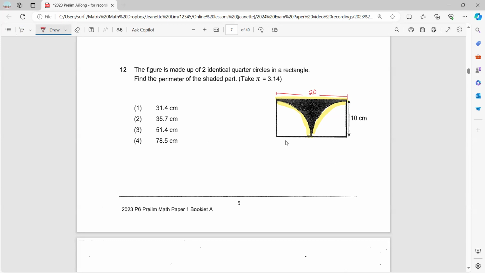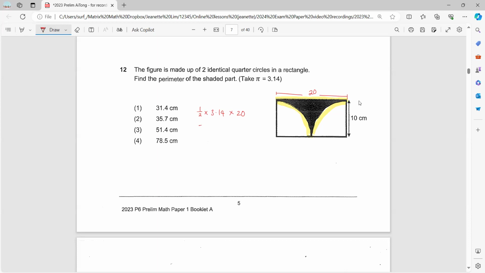Now, how do I find the arc? I'm left with these 2 quadrant arcs. 2 quadrant arcs form a semicircle. Okay, the arc of a semicircle. So that is what I want to find. Arc of a semicircle is half times pi times diameter, which is 20. So take note, the formula for circumference is pi times diameter. If you want to find the arc of a semicircle, it's half times pi times diameter,